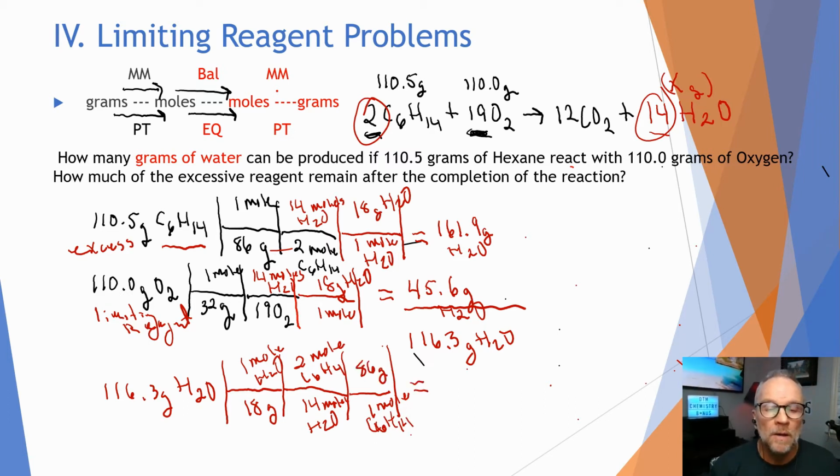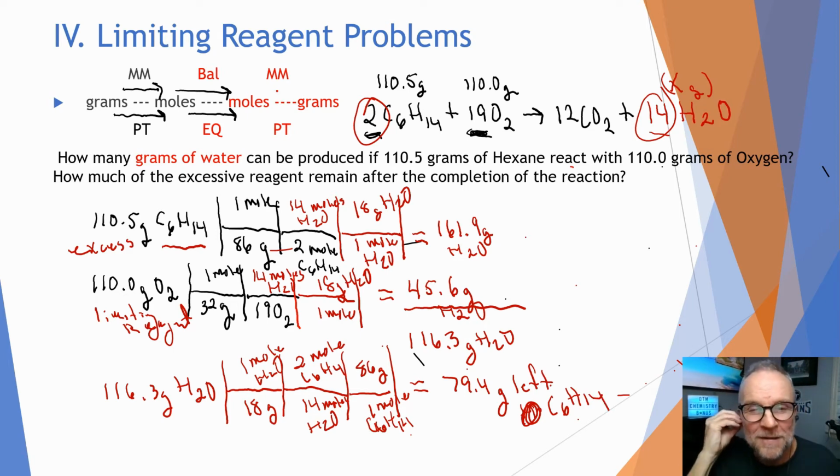So when we do that, it'd be 116.3 times 2 times 86, all that in parentheses, divided by 18 times 14, and we get 79.4 grams left of water. I'm sorry, of our excess reagent, which is hexane. All right, very good. So that way might be a little bit easier to do than the traditional way that